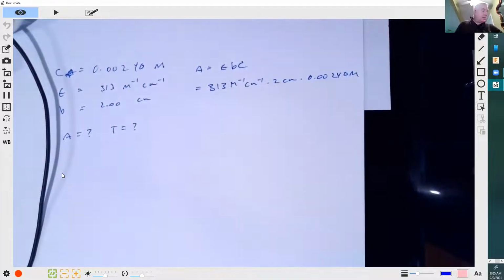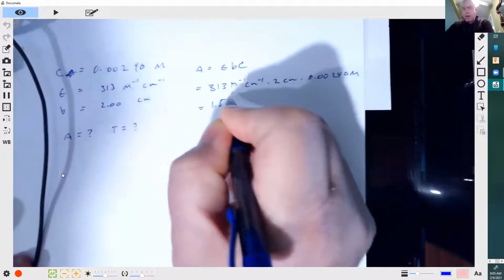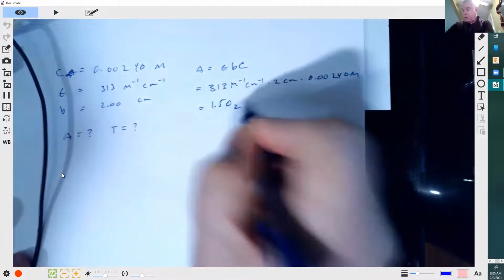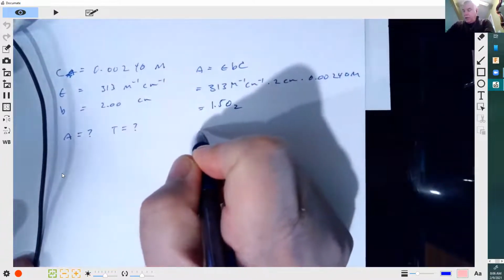And let's see, this is going to be 313 times 0.0024 times 2. This absorbance will equal 1.50. There's a 2 there, right? And so now